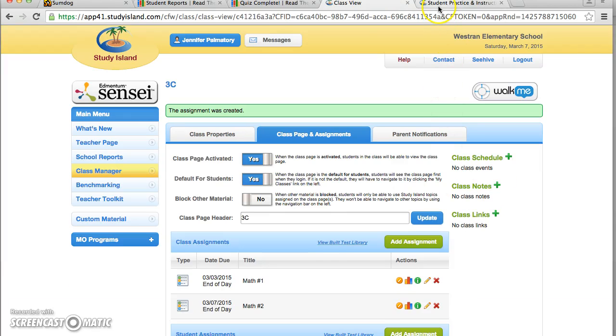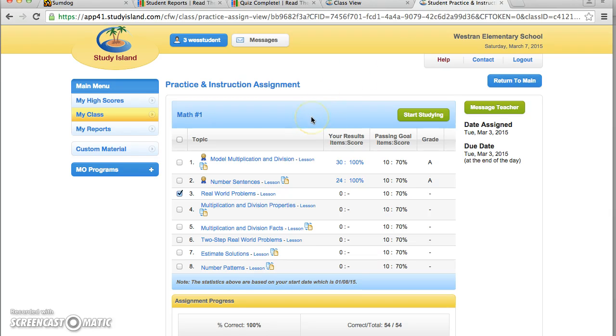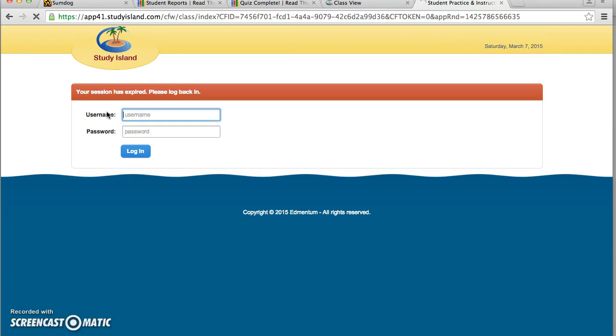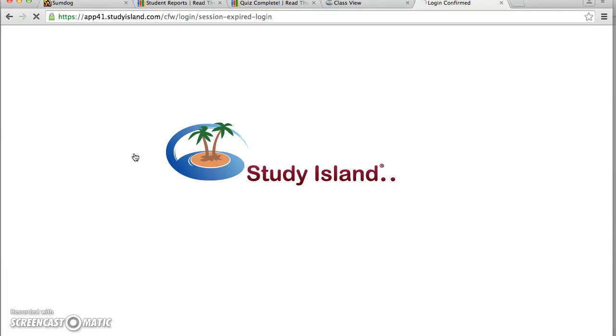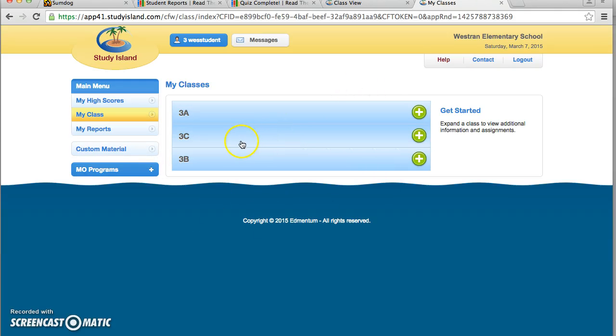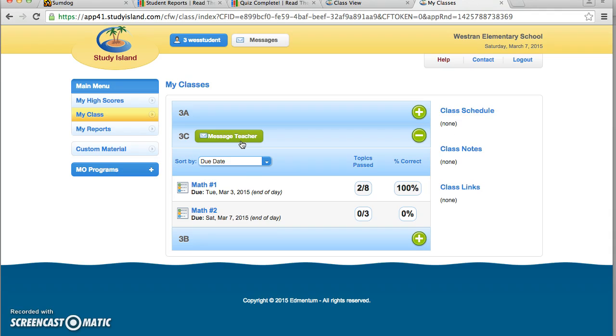So I have logged in as a student, so you can see what it looks like for a student. If they go to my class, it logged me out, so they have to log in. Oh, and I forgot my number. You log back in, and what it comes up to is this, and theirs would come up with just one class. And so here are the 2 assignments that my class has,